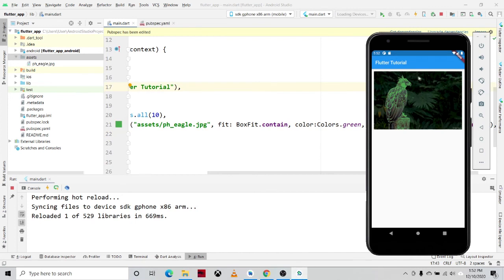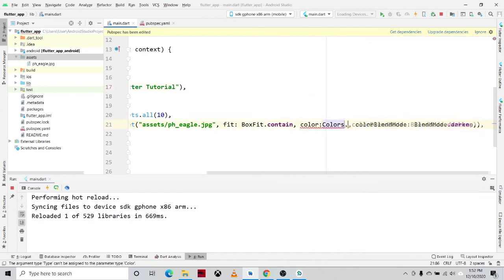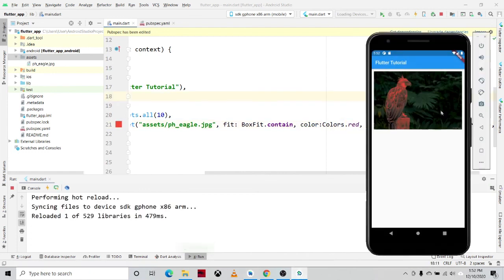So as you can see, the output blends, or the image blends on the specified color, which is the green. So let us try to change this into, let's say, red. Let's save. Let's check the output. So it blends into red.